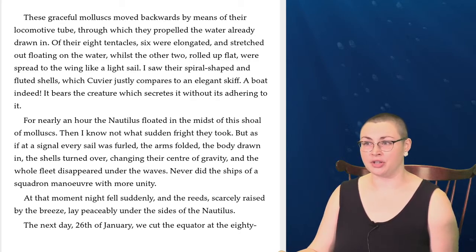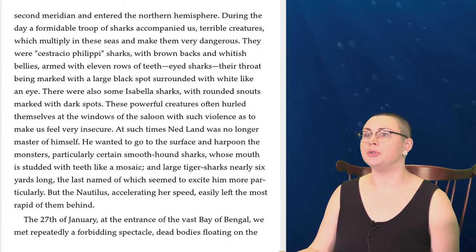For nearly an hour the Nautilus floated in the midst of this shoal of mollusks. Then I know not what sudden fright they took, but as if at a signal every sail was furled, the arms folded, the body drawn in, the shells turned over, changing their center of gravity, and the whole fleet disappeared under the waves. Never did the ships of a squadron maneuver with more unity. At that moment, night fell suddenly, and the reeds, scarcely raised by the breeze, lay peaceably under the sides of the Nautilus. The next day, the 26th of January, we cut the equator at the 82nd meridian and entered the